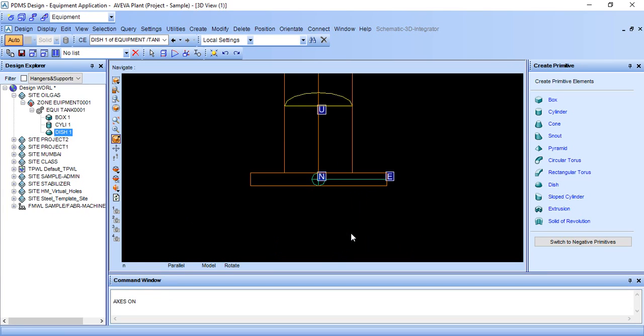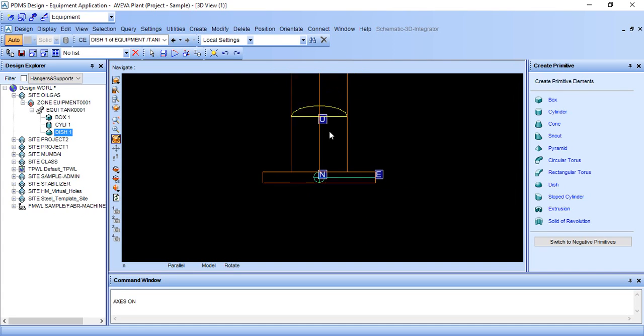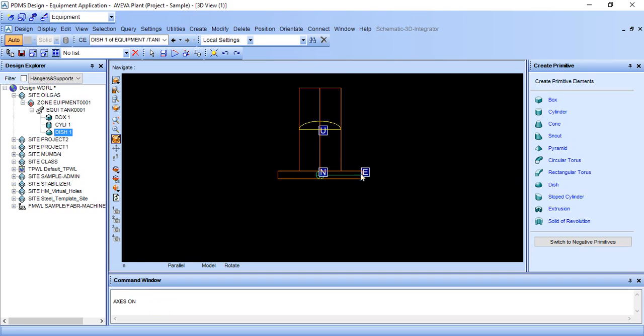Here the axis is showing: north, east, up. So we want up, and we know that 2000 is our height of the cylinder, so it is exactly the middle of it. So we want up by 1000. So type by space u and 1000. So it comes like this.